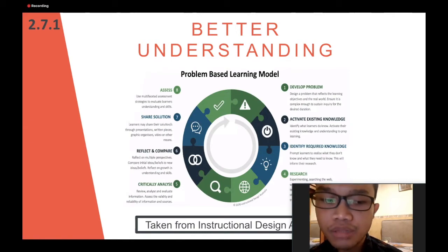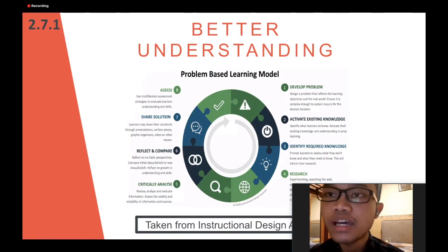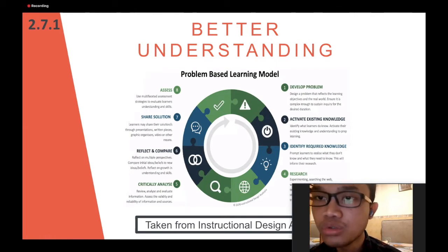One, develop problem to ensure the material supports the learning purpose. Two, activate existing knowledge from the lecture and turn it into prep learning. Three, identify required knowledge to the students about what they have to know. Four, research can be done by experimenting, browsing, etc. Five, critically analyze, intended for assessing the validity and reliability of an information or source through literature review, test report,